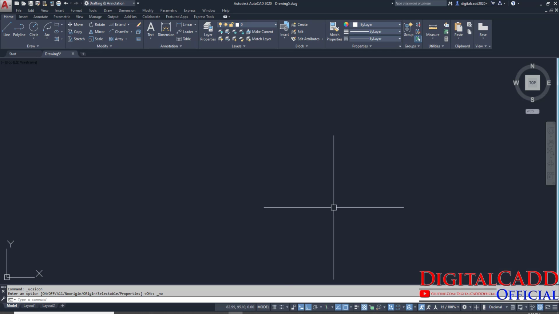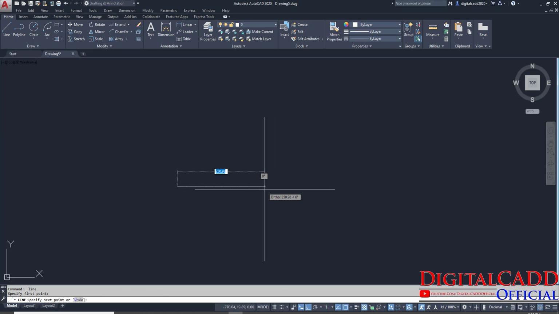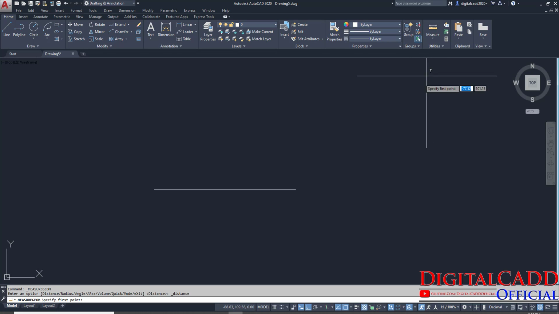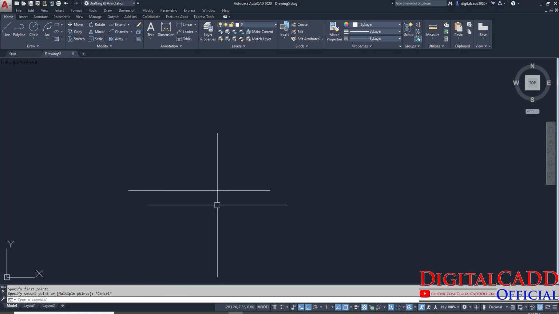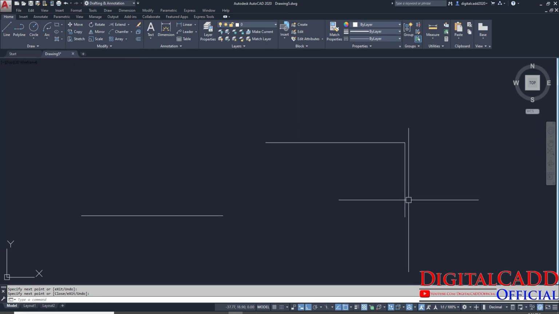So let's have a look at how to set the thickness of any line. Here if you take a line like this, suppose 100, enter, this is 100 mm. If you want to check the distance, then here we have utility and distance. Click here and click here. Here we have 100 mm. It is very easy. And now if you want to apply